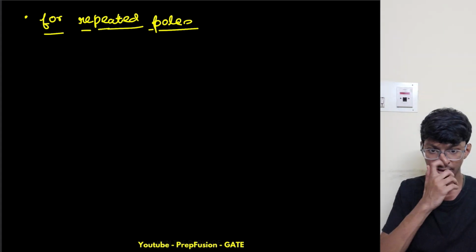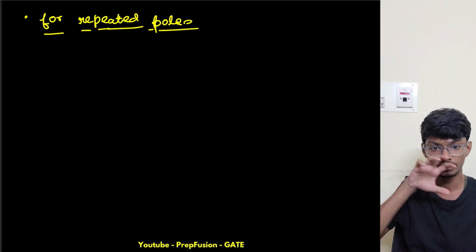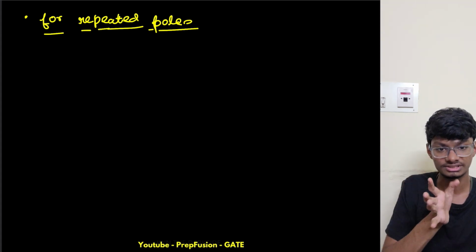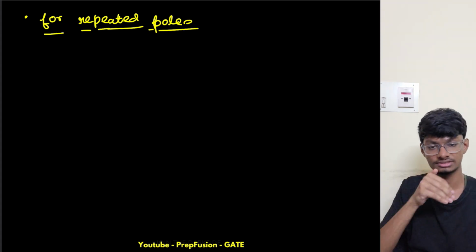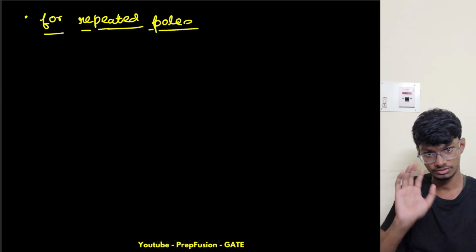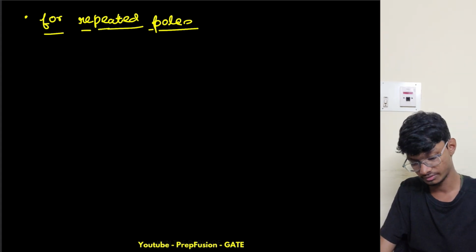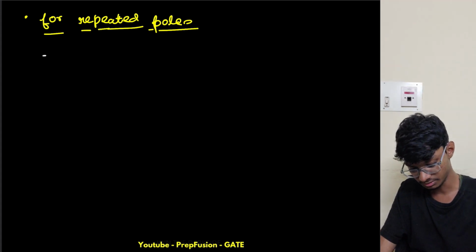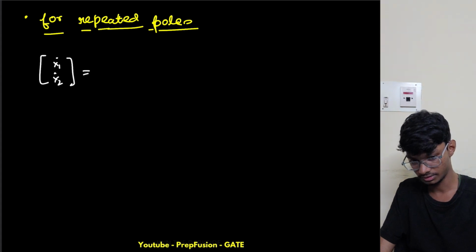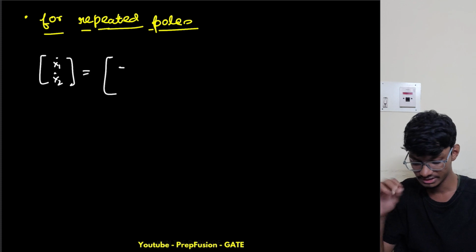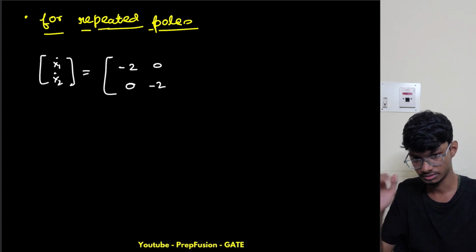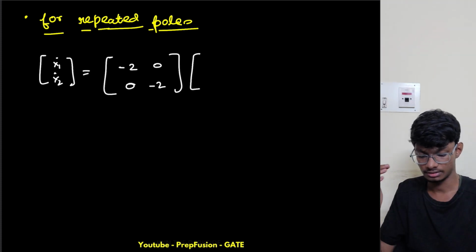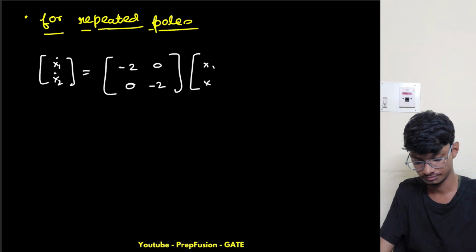For repeated poles, I will take help of Kalman's test, and then I will explain to you if it is controllable or not controllable. So using Gilbert's test, let's say we have one state space representation of a second order system: x1 dot of t and x2 dot of t is equal to -2 0 0 -2 times x1 x2